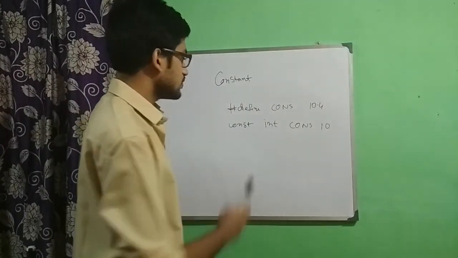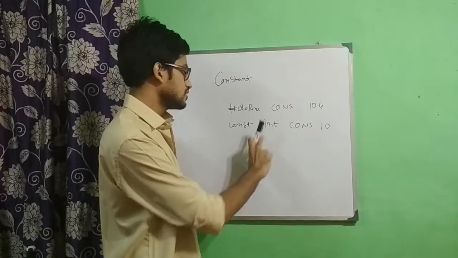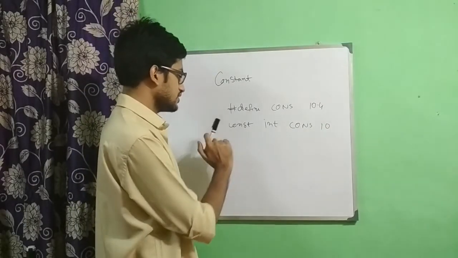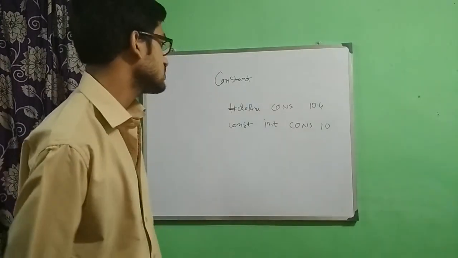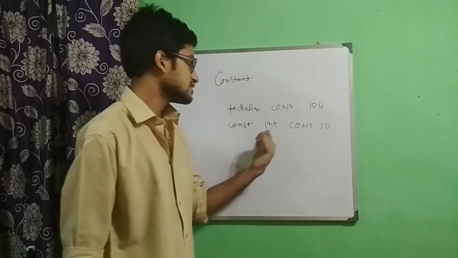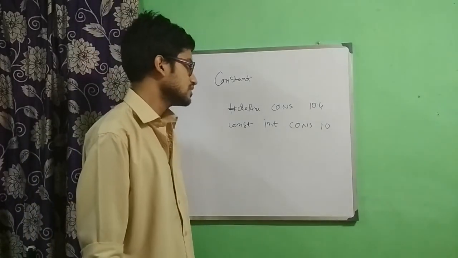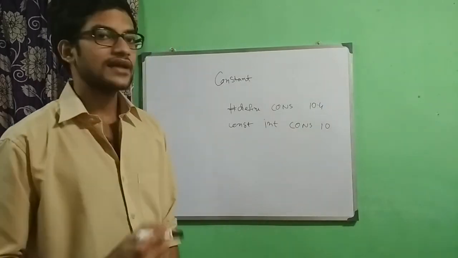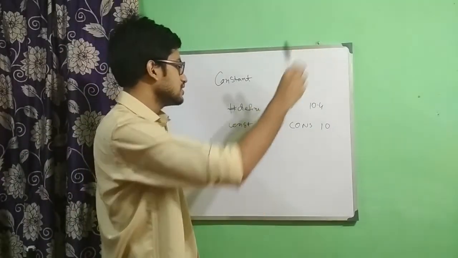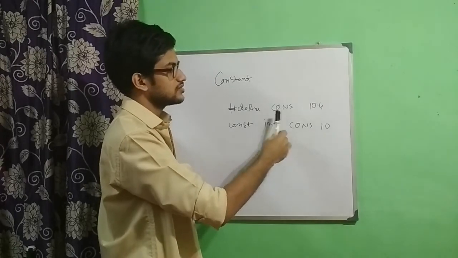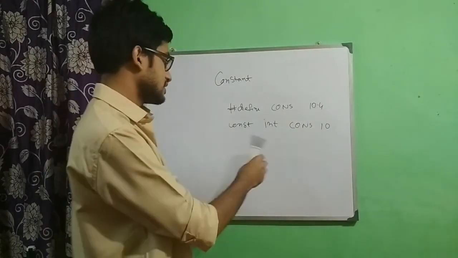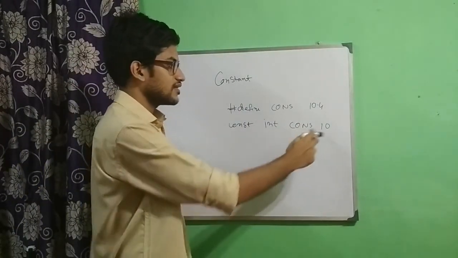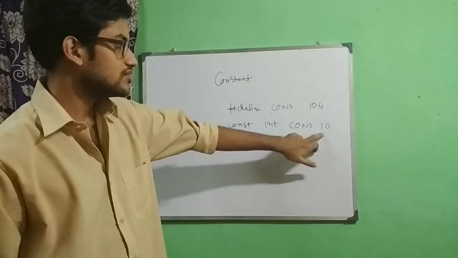And const is a keyword. Again, this is a keyword. If you check the keyword list, you will definitely see the constant or const keyword. In this case, I will have to mention the data type I am working with, integer, and const. And CONS is the identifier itself. So the syntax will be hash define, identifier, and the value. And in the second case: const keyword, the data type, the identifier, and the value. Here the value is 10.